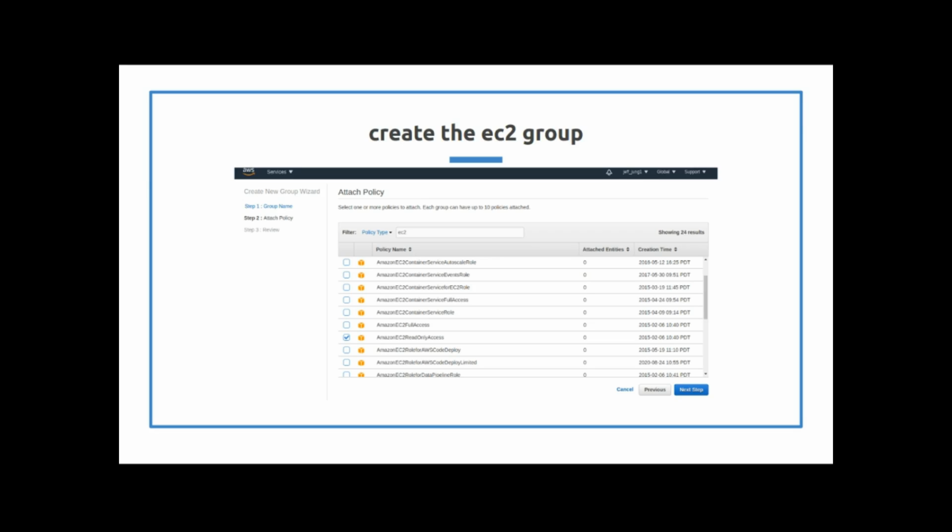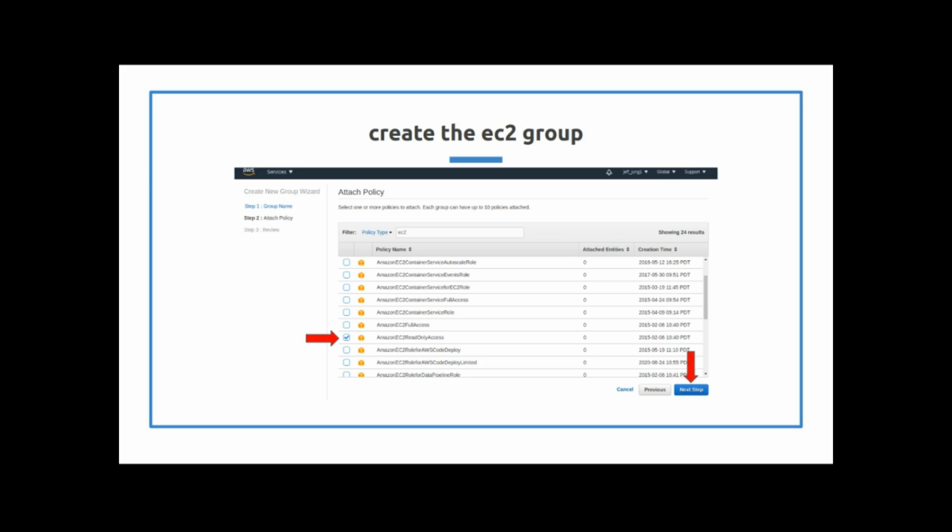When I first made the EC2 group, I accidentally clicked the Amazon EC2 Container read-only access, and that didn't work. It has to be the Amazon EC2 read-only access. That's what tells you what sorts of permissions you have.